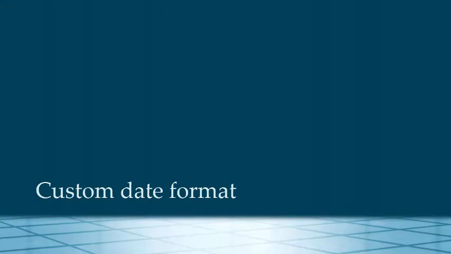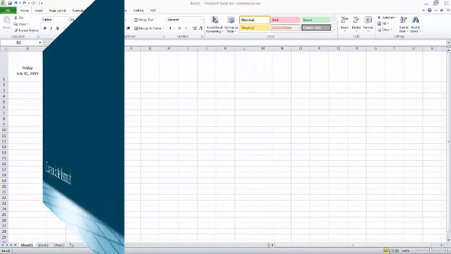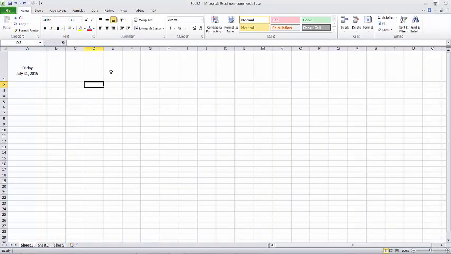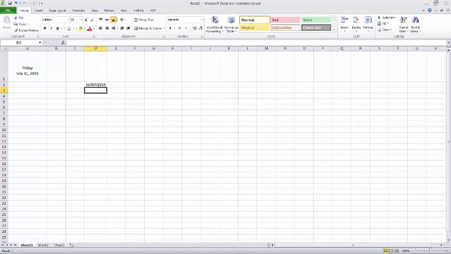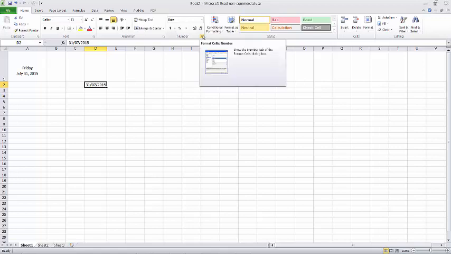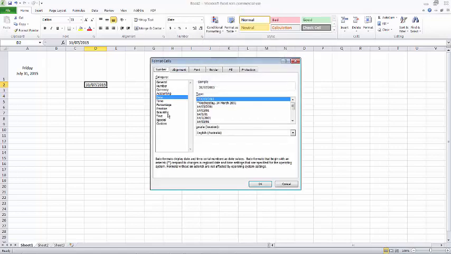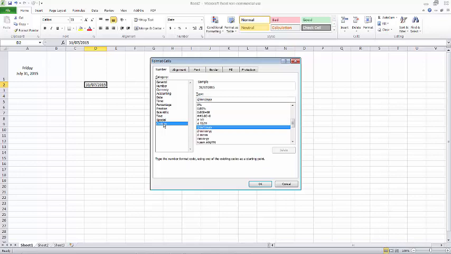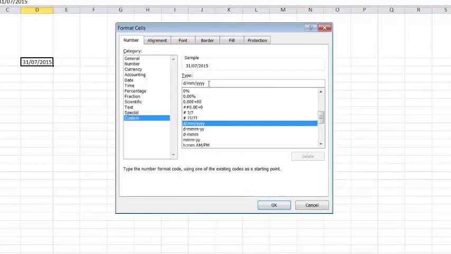I'm going to show you another way to customise your dates. It can be really handy if you want to make something for display. I've got an example of what it could look like in cell A1. To show you how to do that, type in the date, in this case 31st of July 2015. Go to number, make sure you've got the number tab, choose custom. This is going to be a little bit harder to understand, but what you're going to do is type in